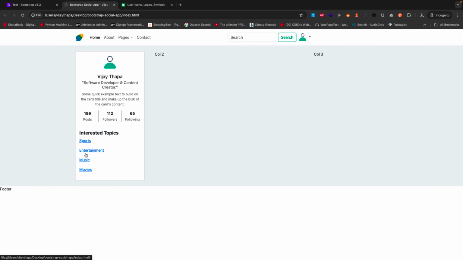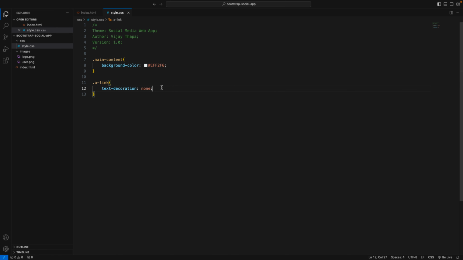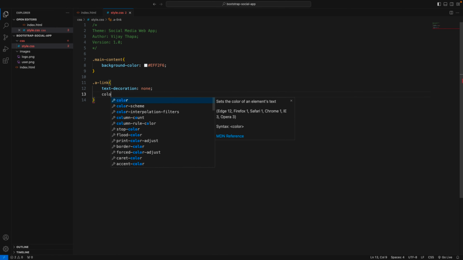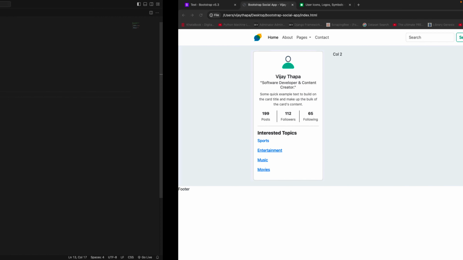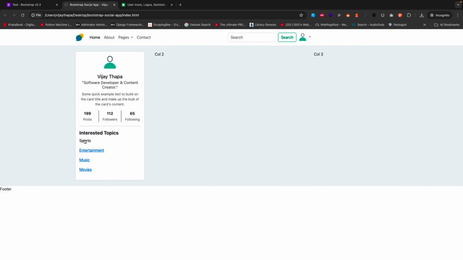The text decoration is the default underline in the anchor tag, so I am removing this one. If I refresh, now it removed the underline. Now I want to change the color of this one as well. Since the theme of this web page is green, I will go with green. So let's add the color as well, and for now I will give a color of black. I want to make it as minimalist as possible, and if I refresh it, this is black,